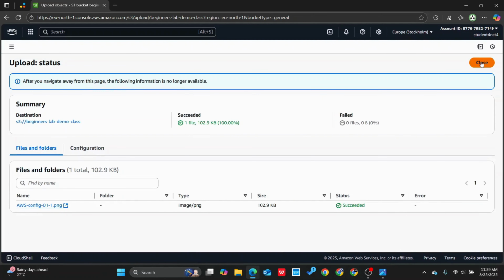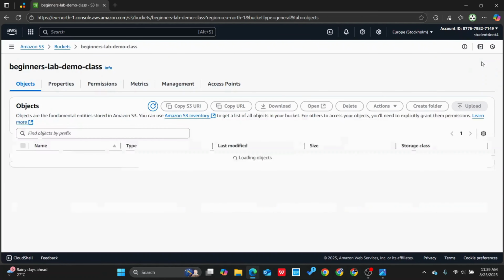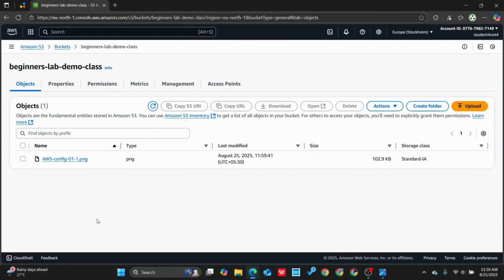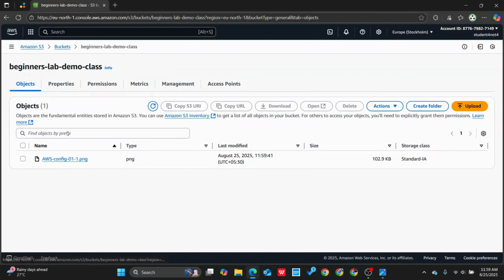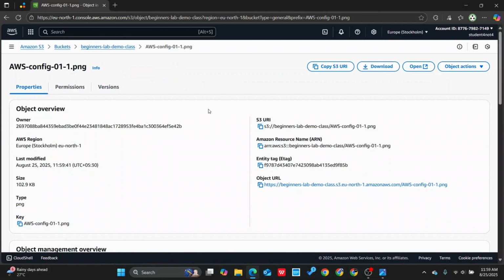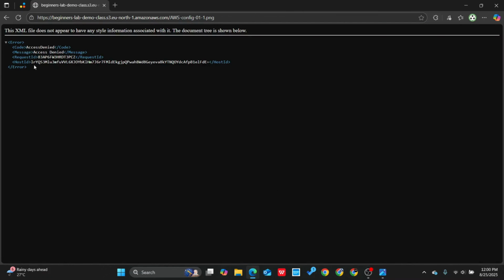Okay. So now what happened? Our photo is uploaded. Let's go back. See, this is our photo. We'll go to the bucket. We'll click on the bucket. We'll click on our photo. So we'll click on this. Oh, what happened? See,